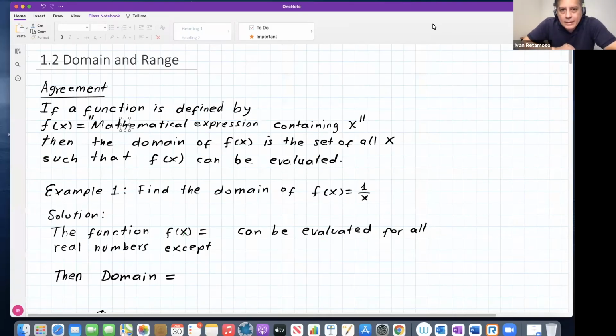Great, it's recording now. Today we're going to talk about section 1.2, domain and range, and later we will talk about the average rate of change of a function. Okay, so